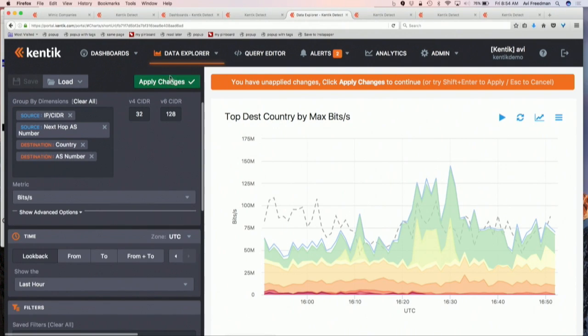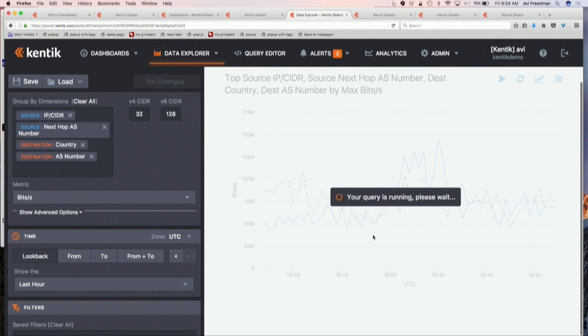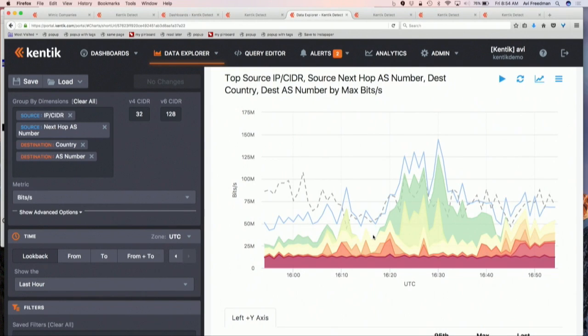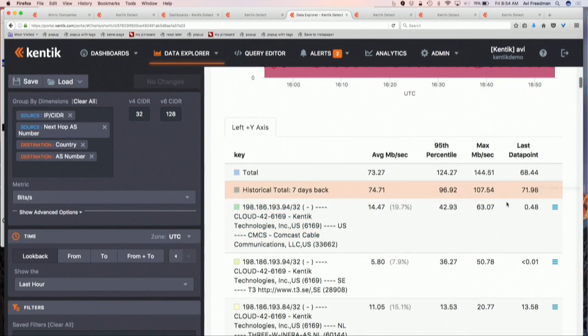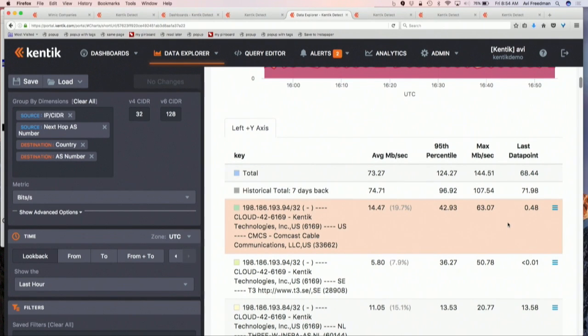So I can run this query, and what it'll do is it'll create one graph line for all of those things. And that can be interesting. Sometimes you'll have, in this case, it's 63 megabits max or 40 megabits, just going from us to Comcast. Not that surprising. In aggregate, now, I can get down to the individual flows in the system, but this is